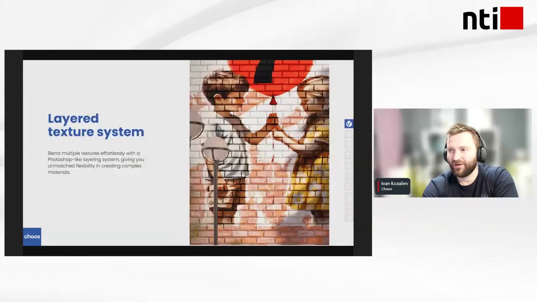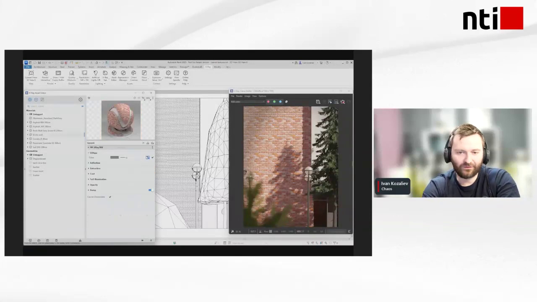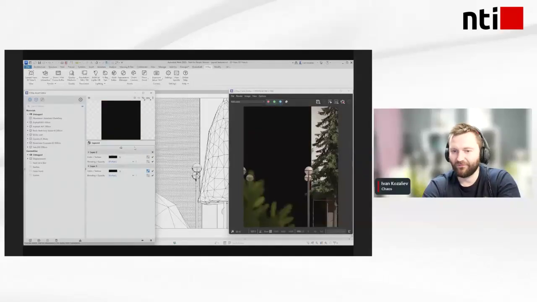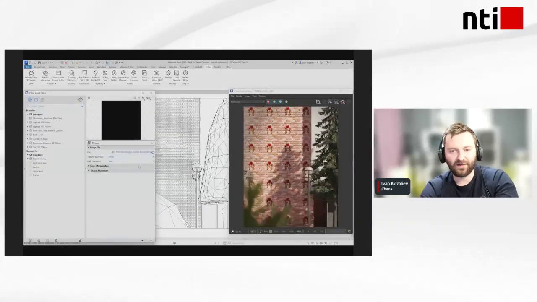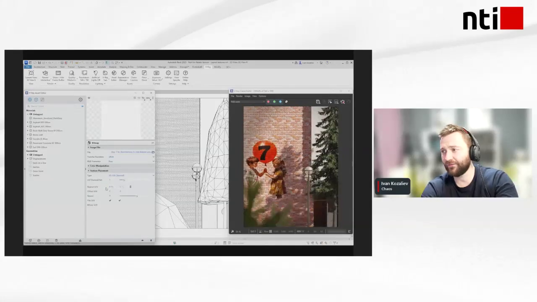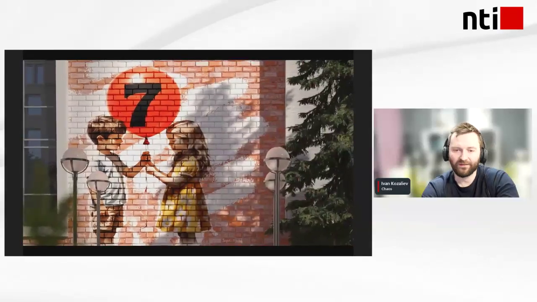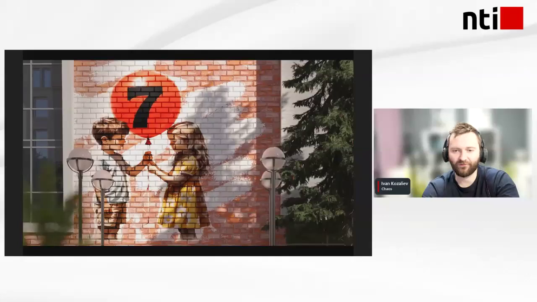And then we have to apply the layer with the graffiti. So what we did right here was introduce another texture, which is a layer texture. We wrap that texture with the bricks in a layer texture where we can, in a very basic way, apply different layers, just like in Photoshop, for example. And here is the layer with the texture of the graffiti. So we can change the size, and once we are satisfied, we can just use it. Really easy and really simple. Thus, we can create not only graffiti, but also some leaks on the wall or things like that, imperfections.